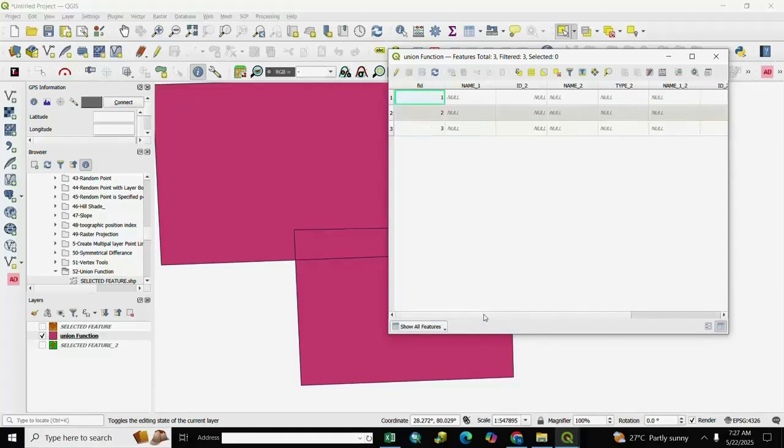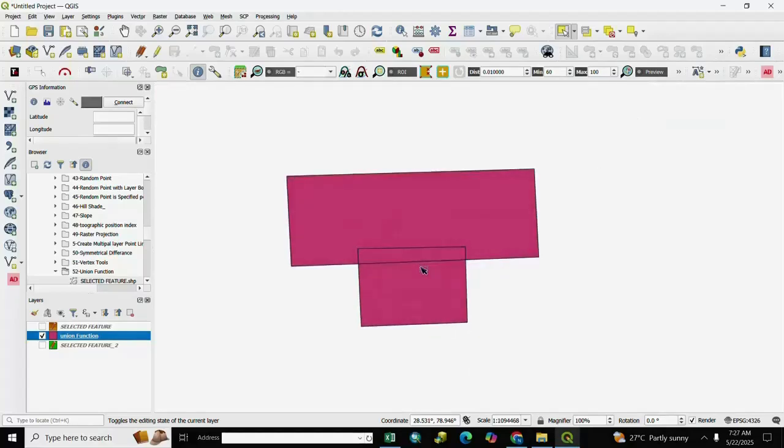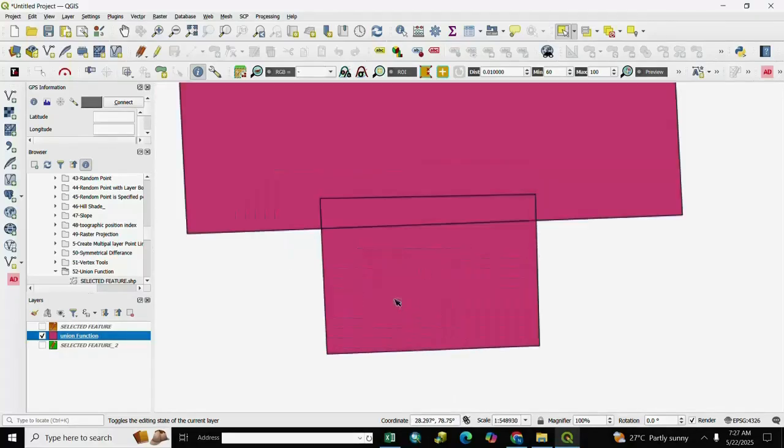We create a union to merge attributes and create another layer for overlap. So it is very important for you.